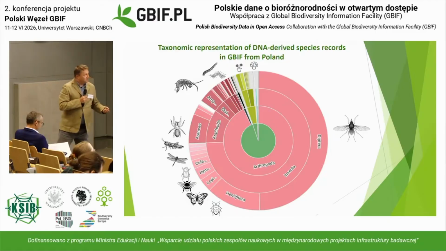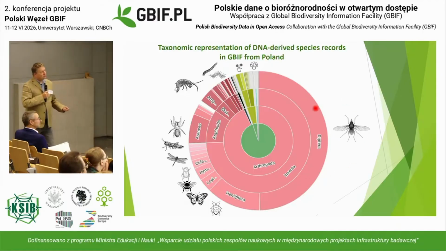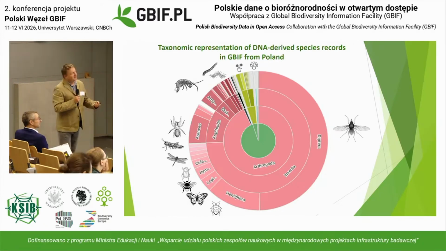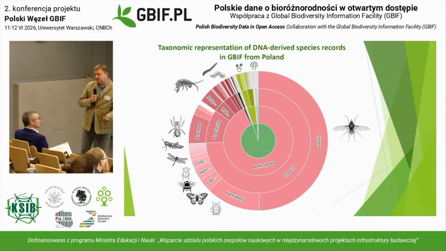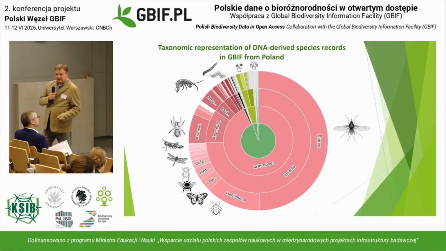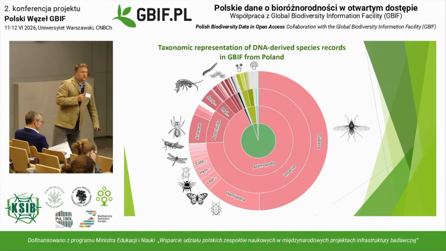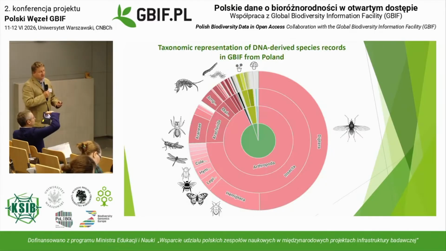Why? Because everybody loves insects. Probably that's one of the reasons, but another reason is that you can quickly collect arthropods and insects. And why not plants? Look, there's just a small share of plants and fungi. Why? Because they are much more complicated to barcode. You don't use one marker for them, but more. Also, the laboratory procedure is a bit more complicated. So insects are far easier.